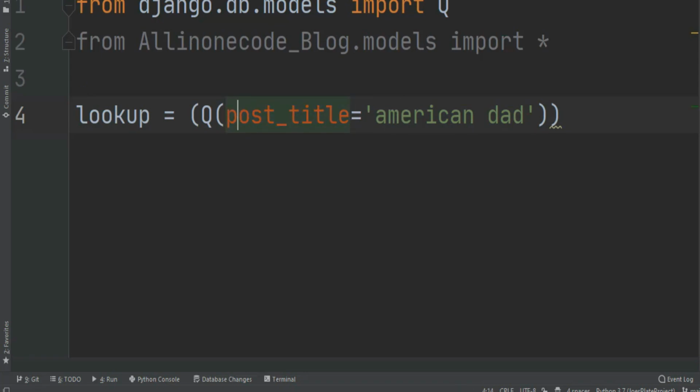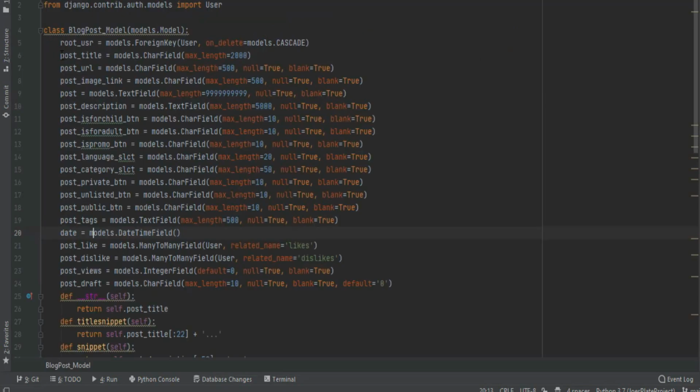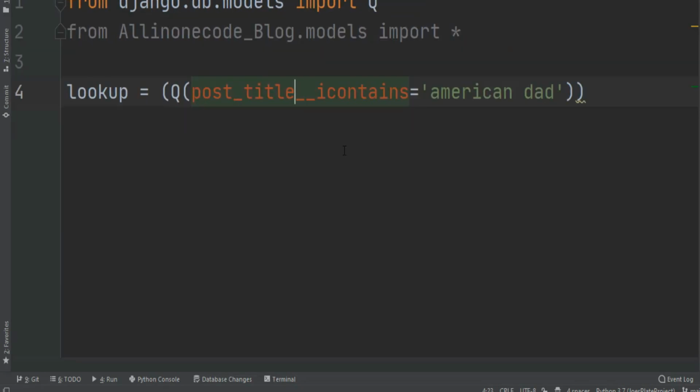For example, in here as you can see, my column name is the post title. And after the column name, you can see I used a double underscore and then icontains. This is the filter method which we can use whenever we want to find or search particular text.